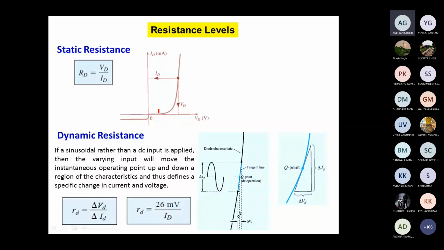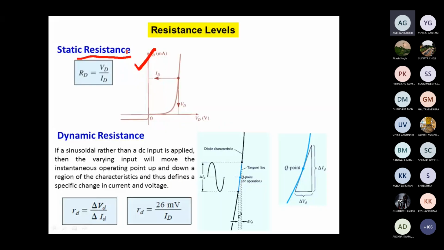So basically this is what we have discussed, the IV characteristics. This is a well-known equation, the IV characteristics of the PN junction diode that you have already studied. So what is the static resistance? How to calculate the static resistance? That means we are considering the DC resistance here.